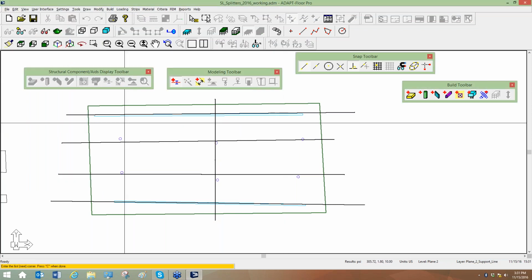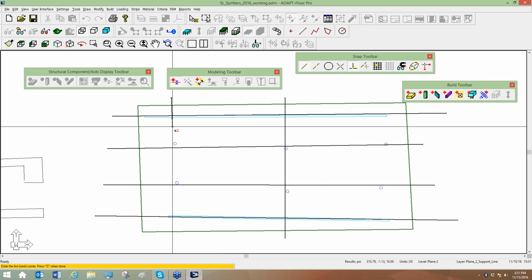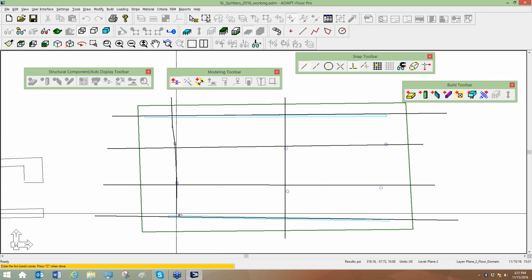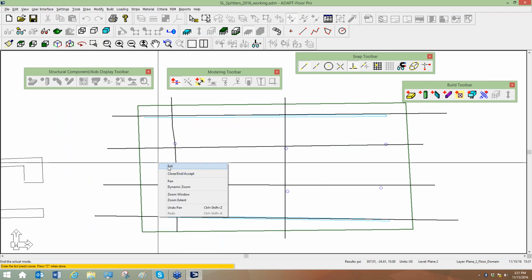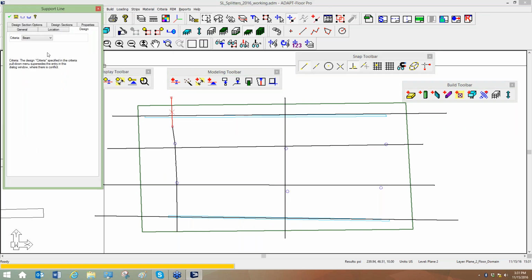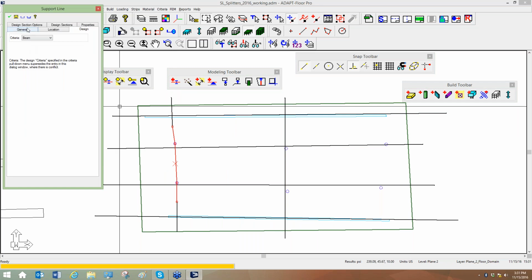So you might have something that looks like this. I'll stop it and pick it up again. This could be designated as one-way, and this designated as two-way,